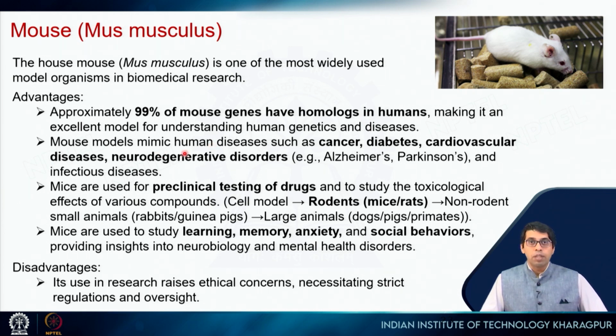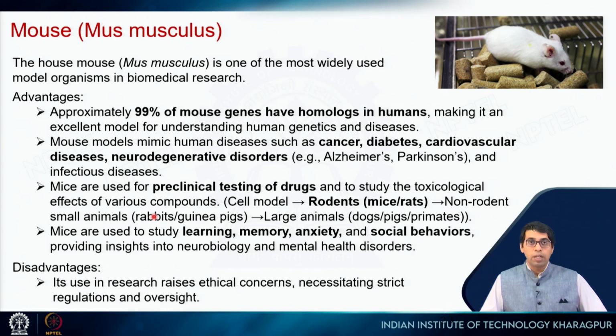Mouse models mimic human diseases such as cancer, diabetes, cardiovascular diseases, neurodegenerative disorders such as Alzheimer's and Parkinson's disease, and also infectious diseases. Mice are typically used for preclinical testing of drugs and to study toxicological effects of various compounds. So once you have screened a set of molecules using a cellular system, and if you have come out with, let us say, 4 or 5 target molecules, then those will be tested in mice to see the effect at an organism level. And once that is successful, then